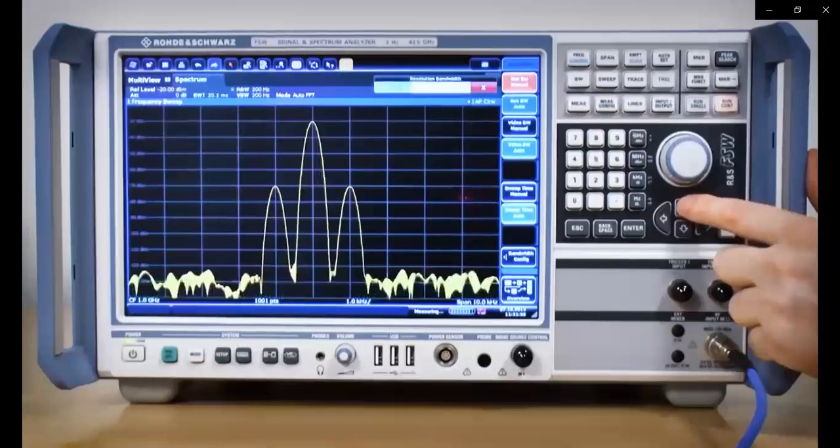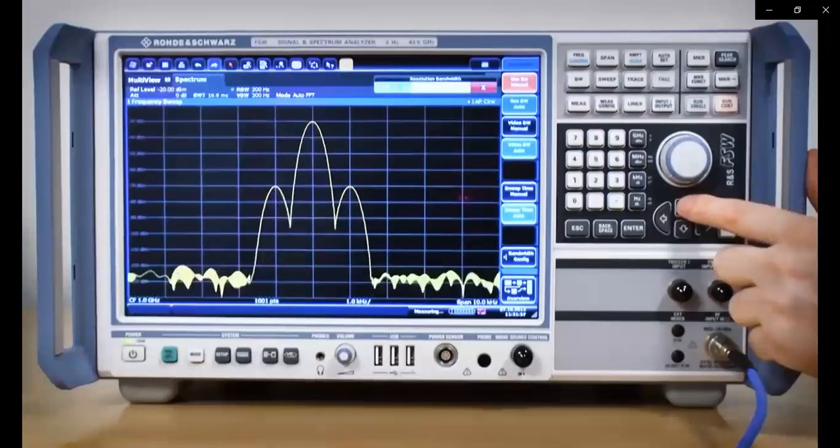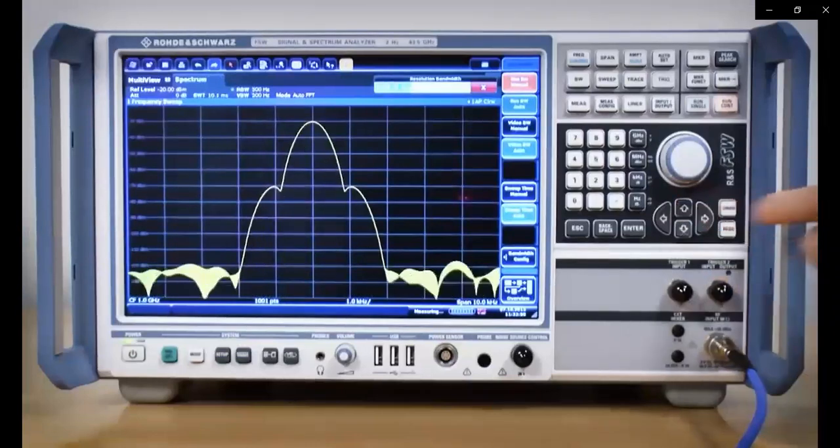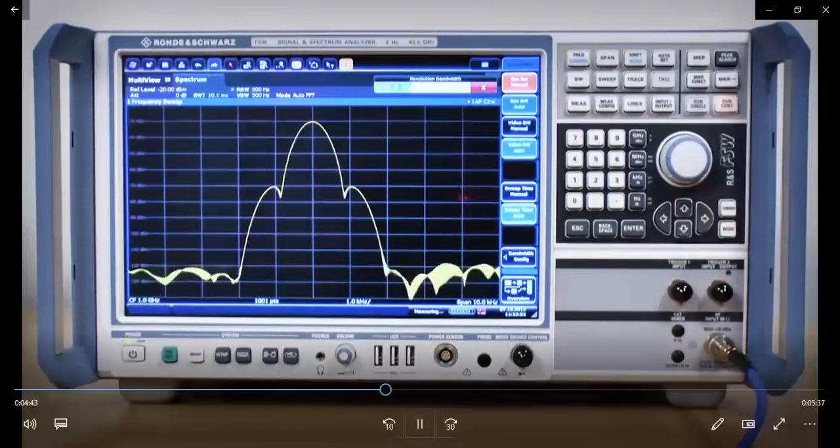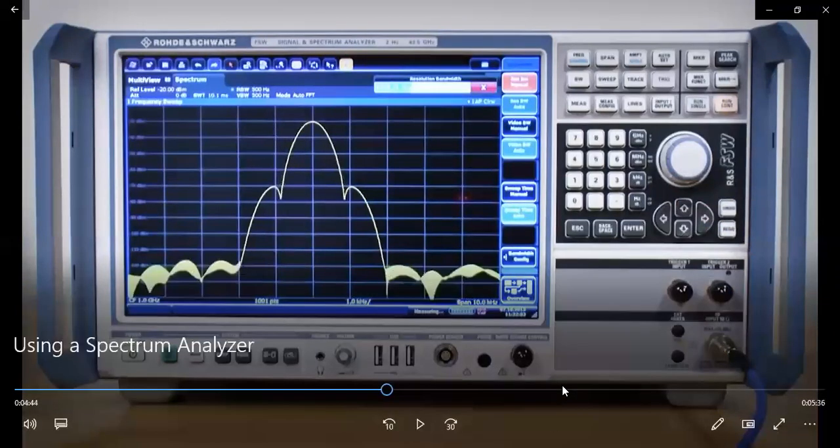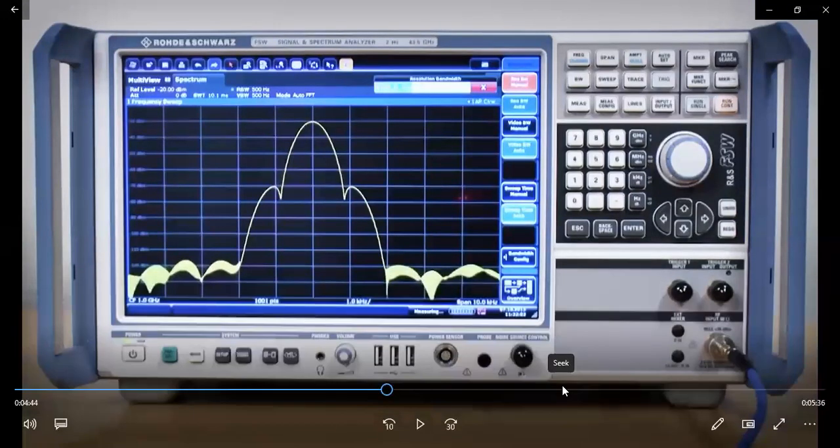This means it's easier to see lower level signals because they're not masked out by the noise. Taking the resolution bandwidth on its own back up, it's possible to see that the detail is lost. For modern spectrum analyzers, the resolution bandwidth... I think I need to explain this part. Resolution bandwidth, RBW,